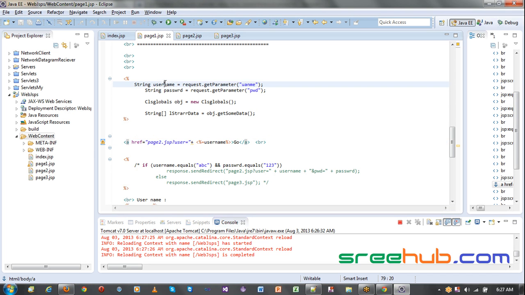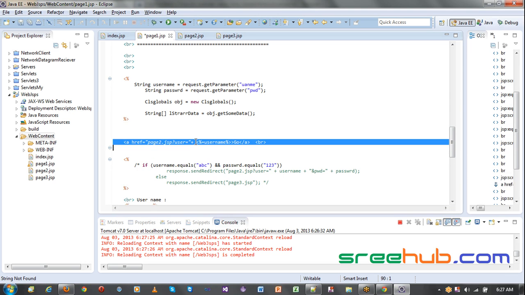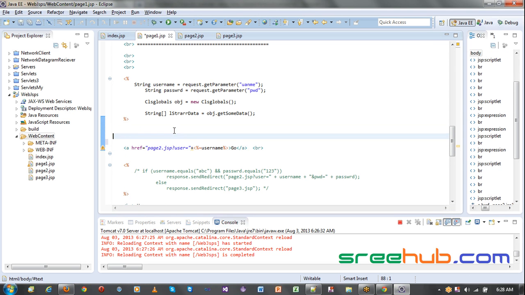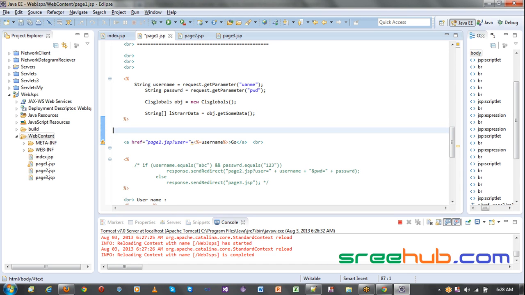Taking the username, the value is this. So what's wrong in this? Anyways, let me prepare a string here. Let me call it query. String query is equal to... So what I'll do, I'll just say user is equal to and pwd is equal to,